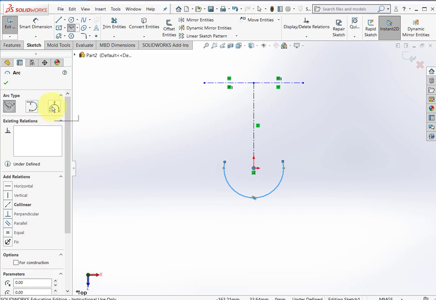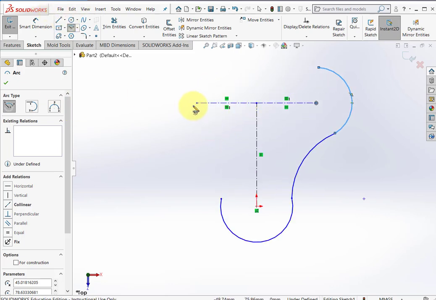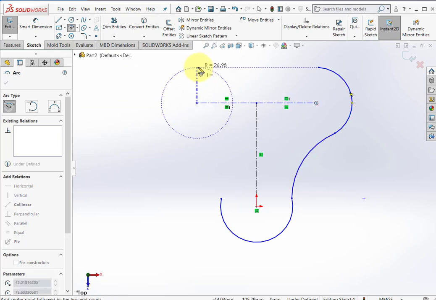Next one, I take a 3-point arc, starting here, and fix it this way. Again a center point arc, and another center point arc starting here. Okay, a 3-point arc to close this gap between,